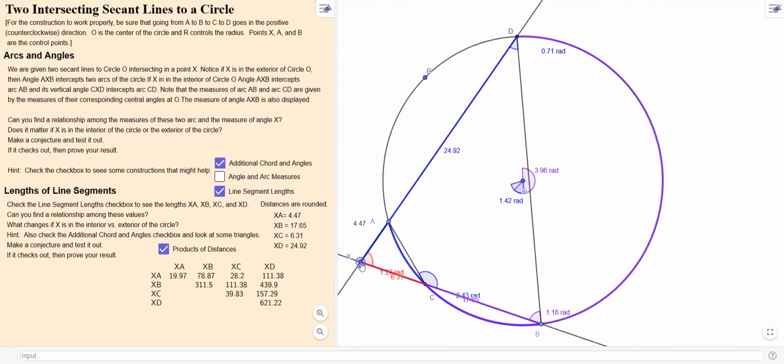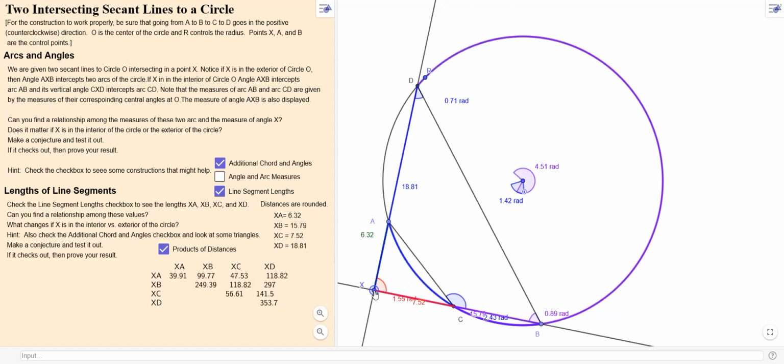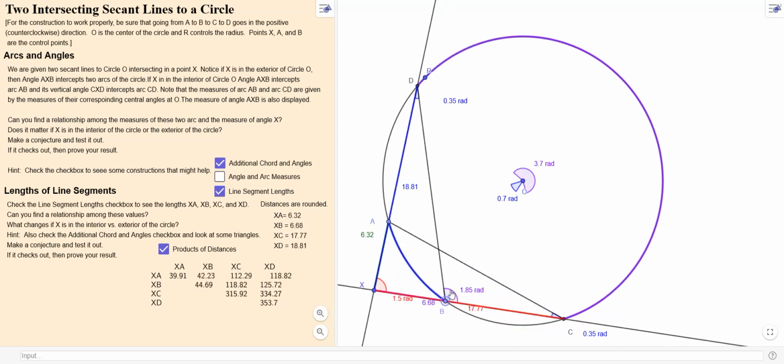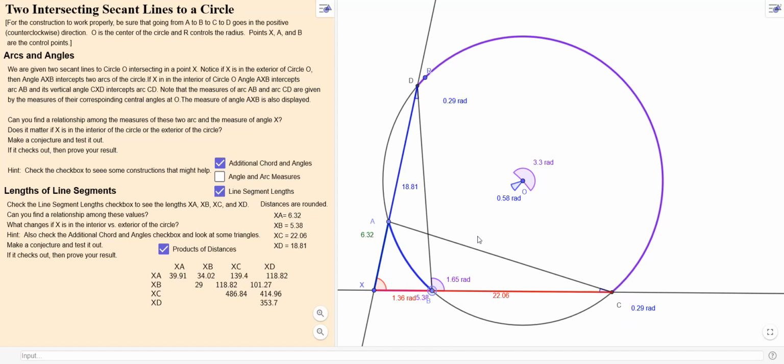to the exterior of the circle. And to get everything to match up, you want it like this. And here we have X to A, X to D across here, which is the full length, right? Not just from A to D, but the full length from X to D. And then X to B and X to C. So X to C, the full length across here is the